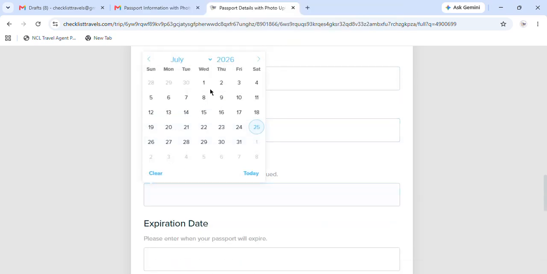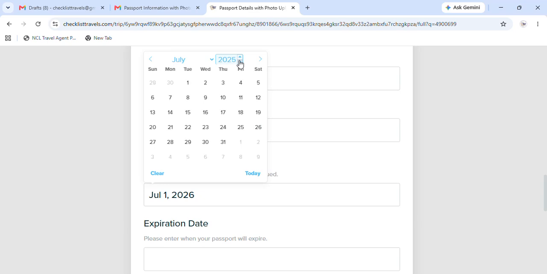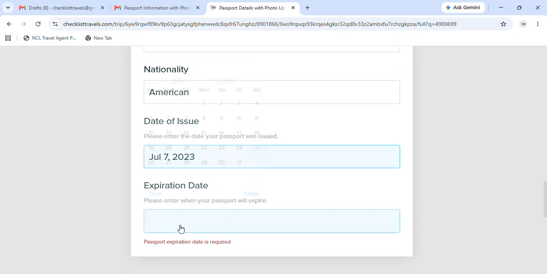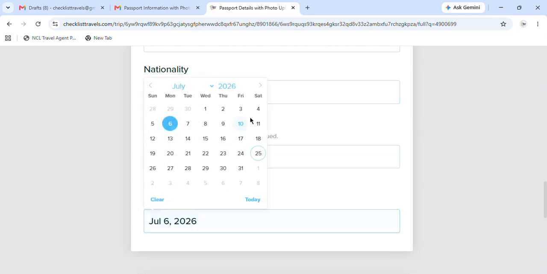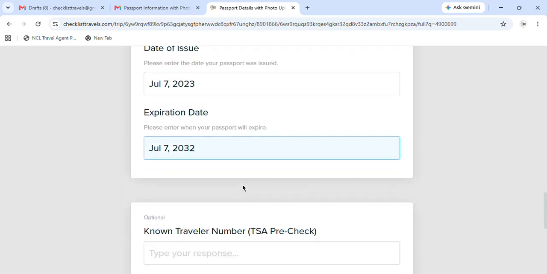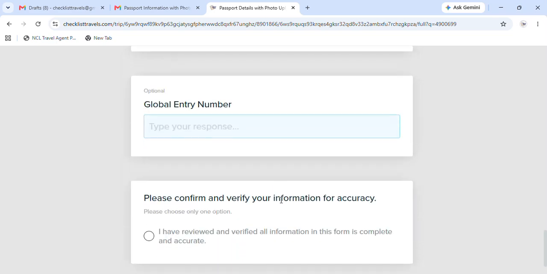American. This is a little harder, not as easy. Find your date of issue, July 7th, and then find your expiration date. Enter that information, please. If you have a known traveler number, global entry, red desk,